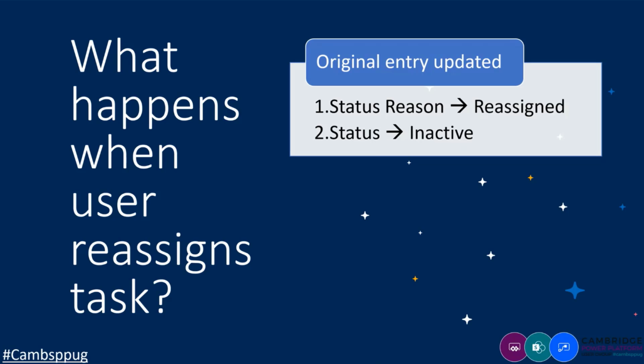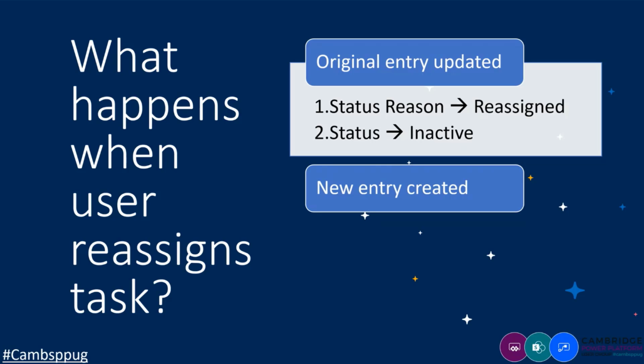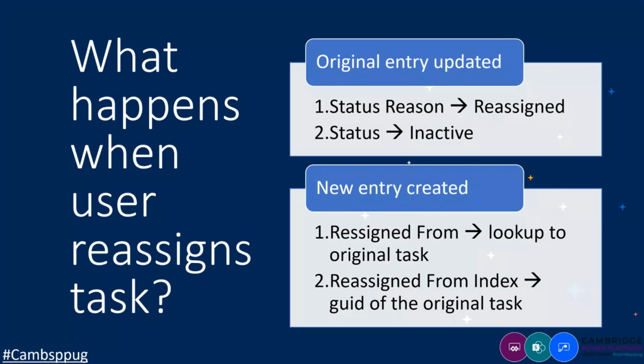And then a new entry in approval request is being created that has a lookup to the previous one, the one that has been set to inactive, and as well has its GUID, its ID, in the reassigned from index field.